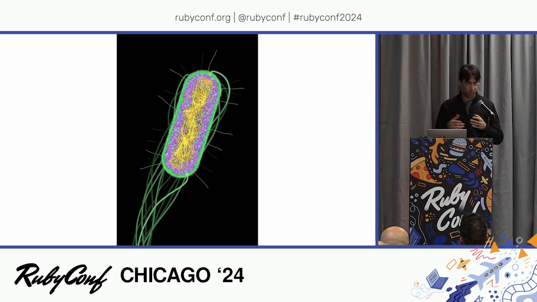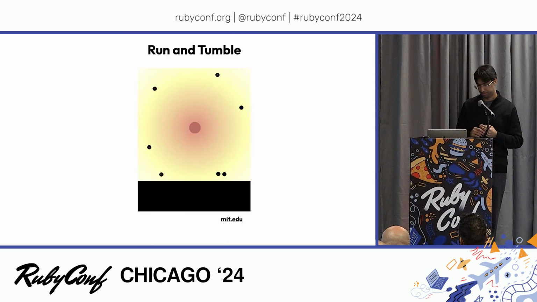So we started with this beautiful E. coli, and I'd like to give you one last example with our familiar E. coli. So this E. coli doesn't have a brain. It does not have a nervous system, but it swims around and finds its food. It's really good at swimming around, finding food sources and eating them. So how does it do that? The way it does that is called a run and tumble.